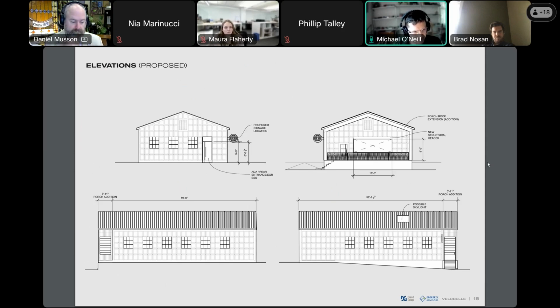We're looking at possible skylights on the north side. We're no longer looking at one on the south side, and then a nice railing on the front of the porch and some stool counter height seating. Next slide, please.